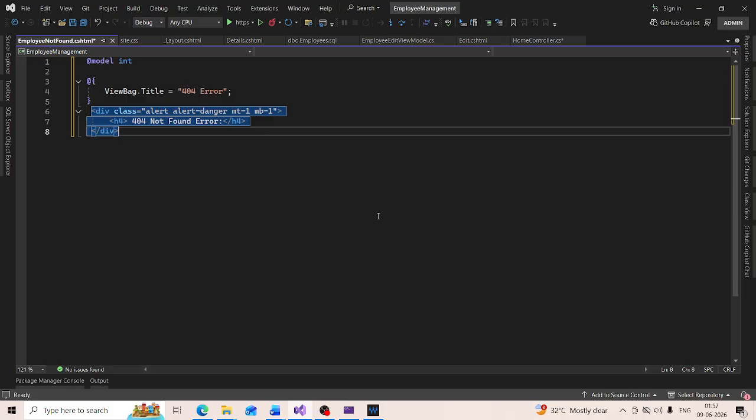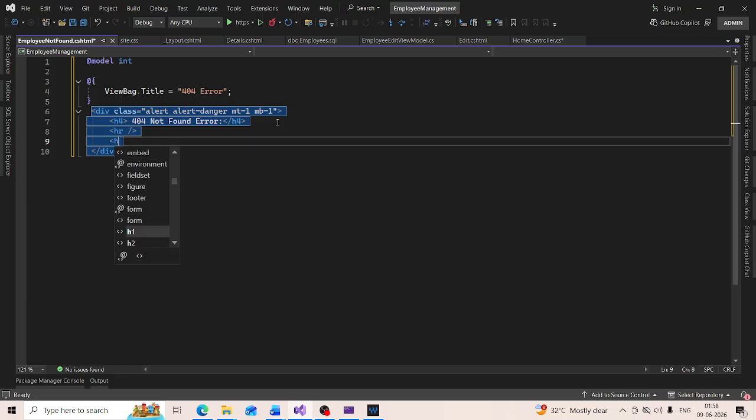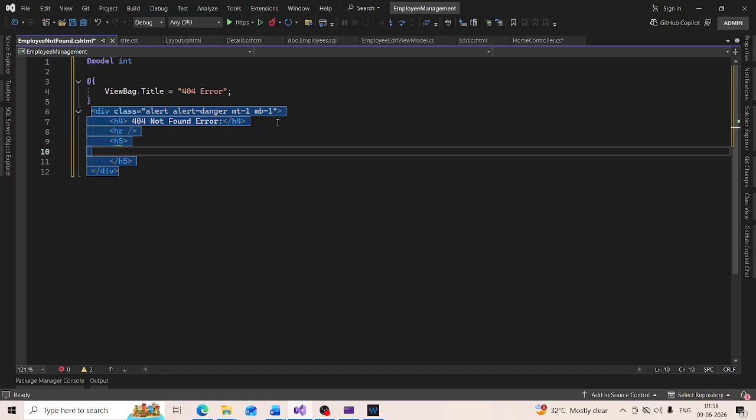Next, we want a horizontal line followed by an H5 element. The message that we want here is: employee with ID equals